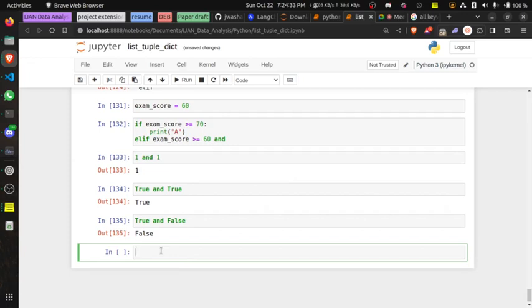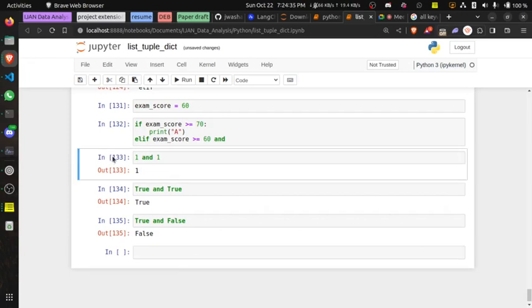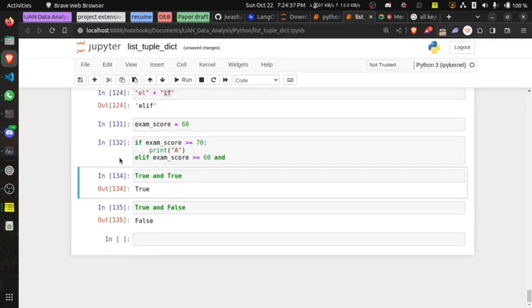So what I'm trying to do here is, if the first statement is true and the second statement is true, your output will be true. If the first statement is true and the second is false, your output will be false.